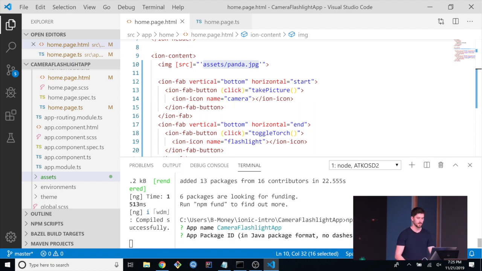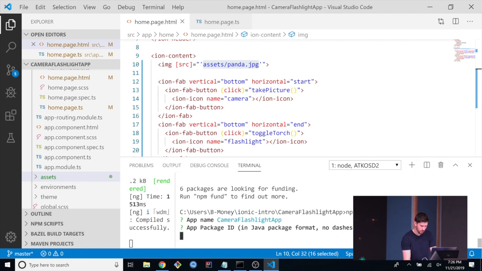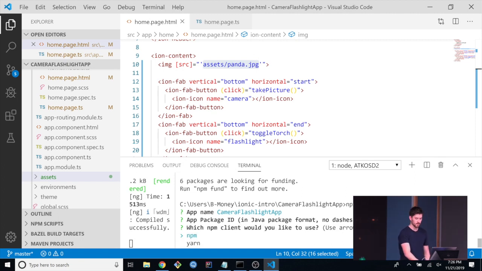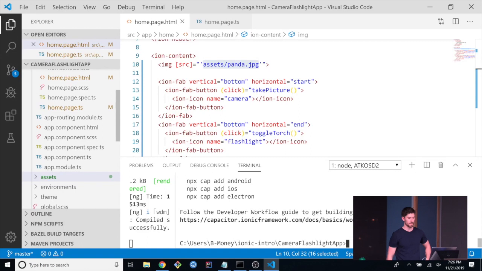app. And then it asks you for an app package ID in the form of com.example.app. .example is like your business. .app is the name of the app. So I'm going to be very original here. Camera flashlight app. Cool. And if you want to use npm or yarn, I'm using npm. All right. So now that I've initialized that,